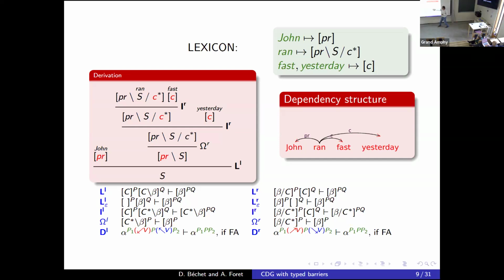Here we have the other rules, the left rule and the right rules. Quite different from what we have naturally in categorial grammar, because traditionally it's only the first rule. Here is an extension that corresponds to the empty head, and also for the star operator. And the last one there corresponds exactly to the non-projective dependency.